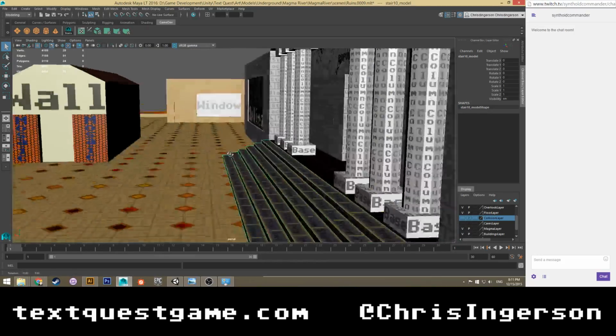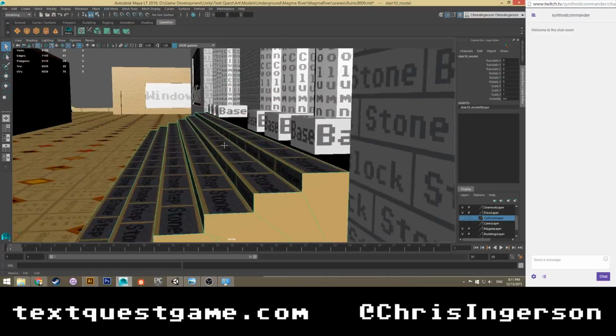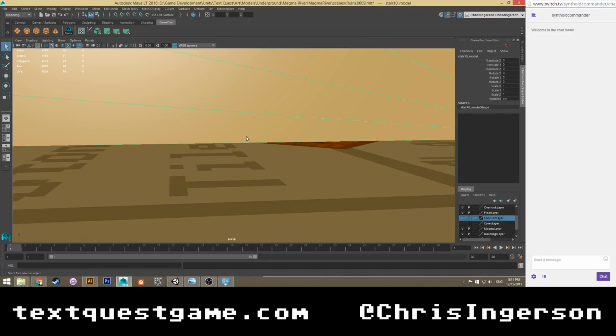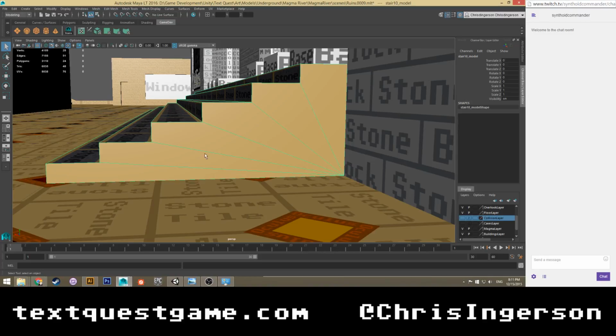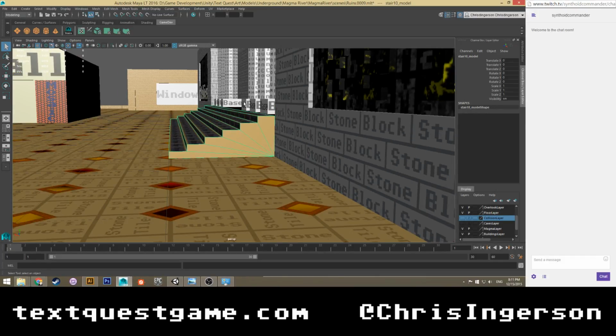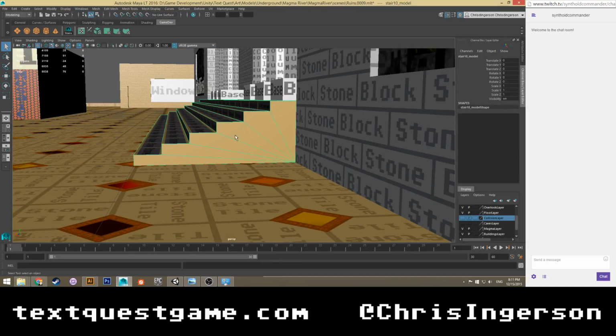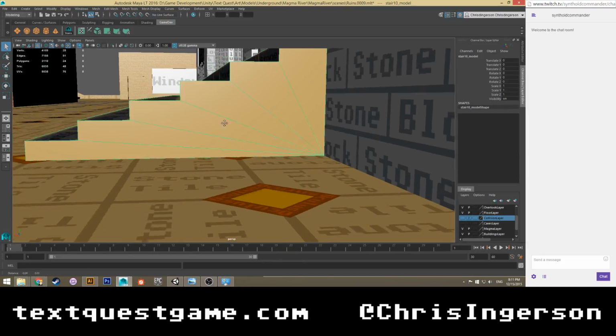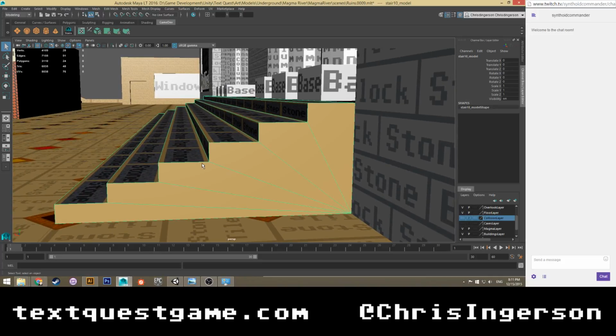And I'm a little worried that it might mean that we need to redo the faces, because right now they're using the least amount of faces possible, so 1 quad for each step. But we might have to go sort of a slicing approach, so that we go vertically down every step and then horizontally down each step, which would require more. I mean, I could do this by hand really fast, which would probably be what we do tonight. And then on Thursday, we might take a look at adding some extra features to the stair generation tool, because this was made with the stair generation tool we wrote a while ago.